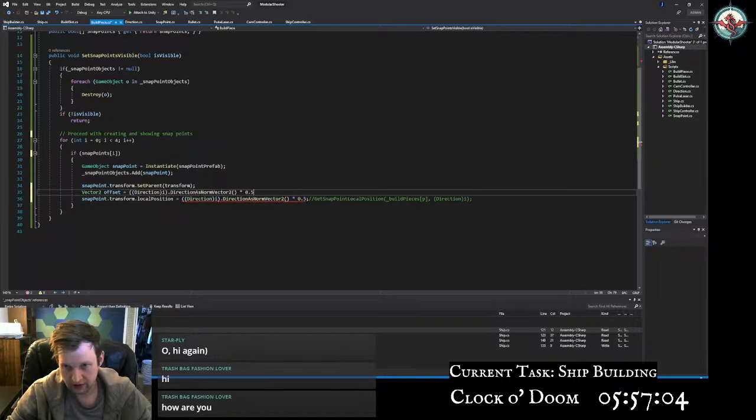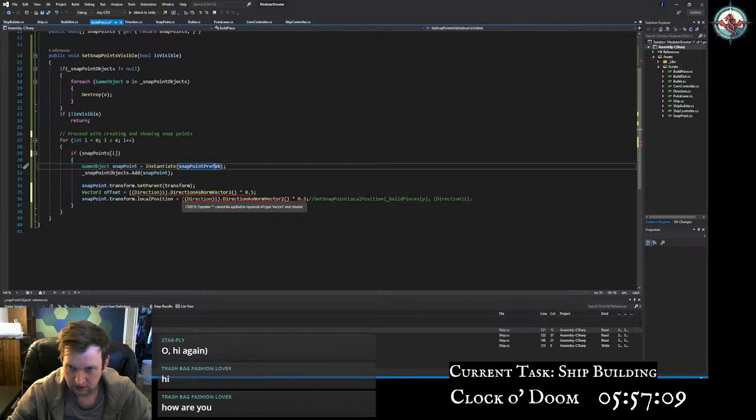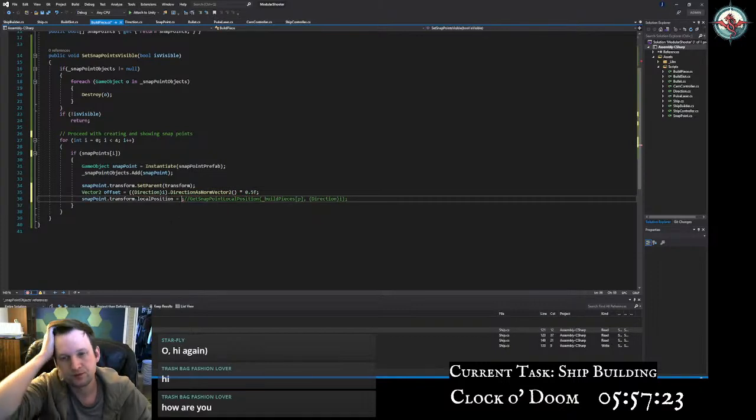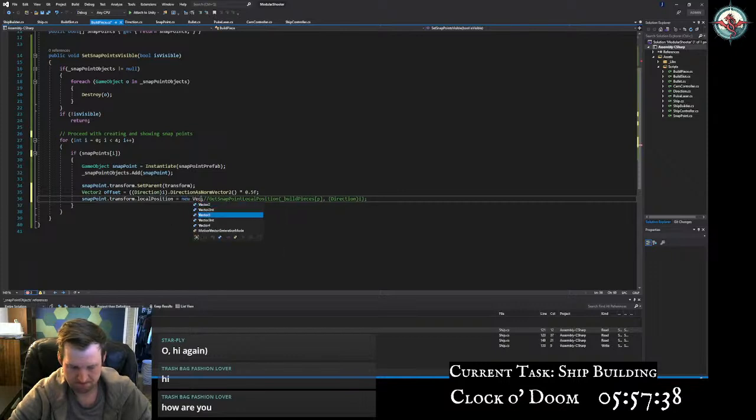And this is a vector 2, not a vector 3, so we've got to store this. What is this complaining about? Oh, float. All right, the local position equals offset.x